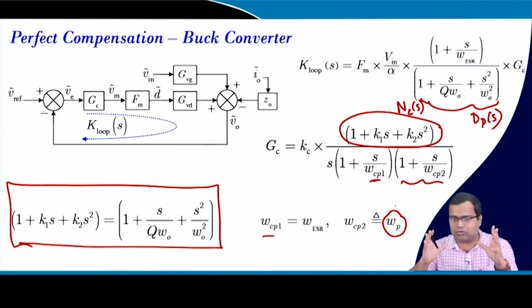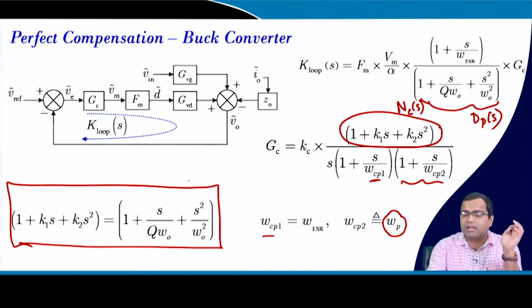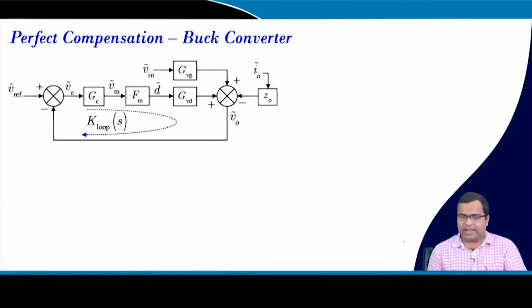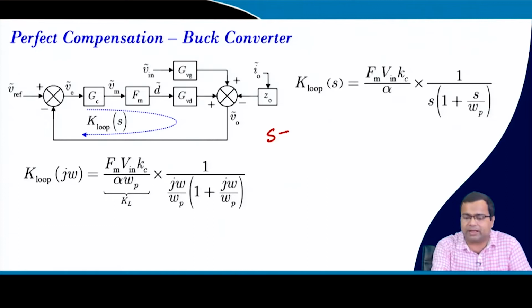But that means the controller has two zeros used to cancel the double pole, but we will talk about the robust compensation, and the controller has one zero, one pole used to cancel the ESR zero, another pole is the flexible pole. Okay. Next, now if we substitute s equal to j omega, because we want to do frequency response